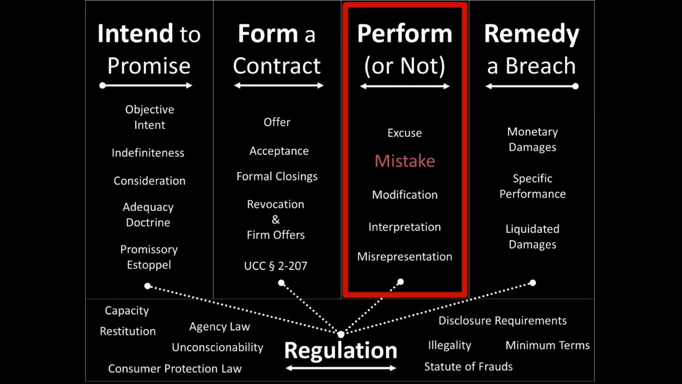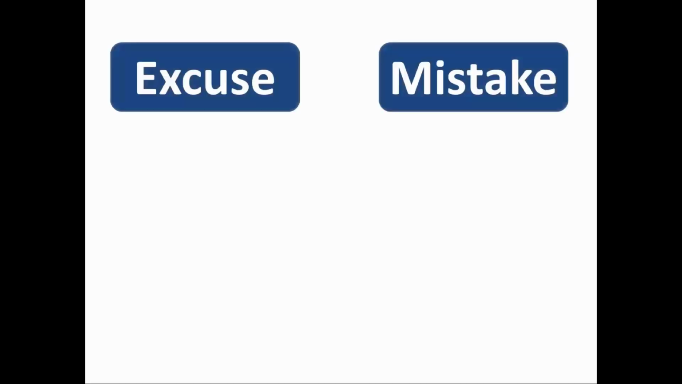Let's first briefly review excuse and see how mistake fits into the overall scheme of default rules for risk allocation. We can identify two broad doctrinal categories. The rules for mistake focus on what the parties believe about the facts existing at the time of the agreement. In contrast, excuse doctrines tell us what to do about circumstances that make performance more difficult or less valuable for